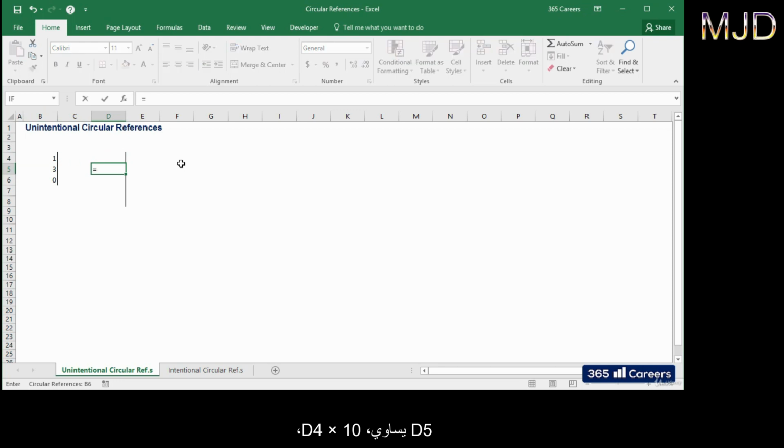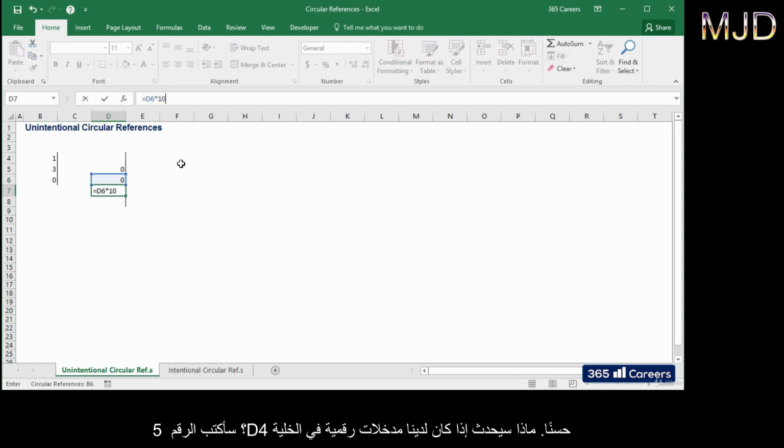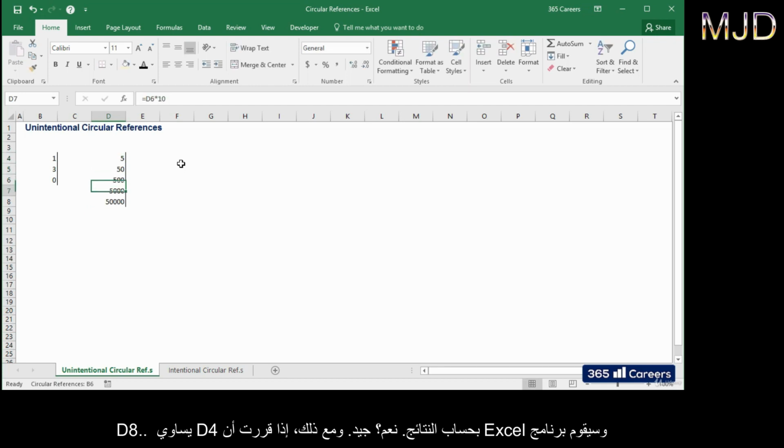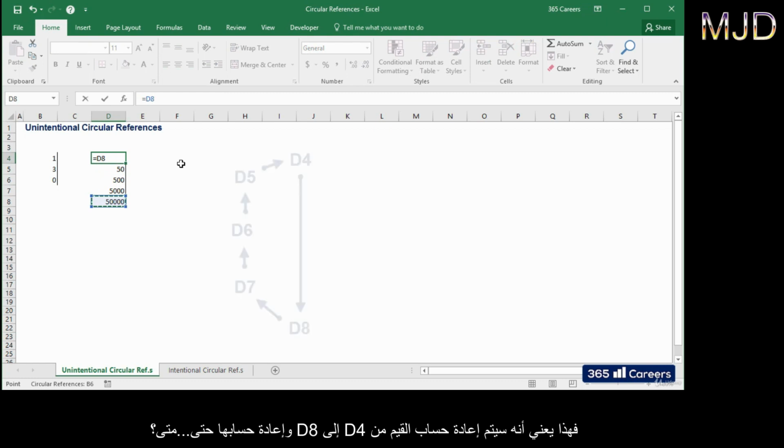D5 equals D4 times 10. D6 equals D5 times 10, and so on. Okay, what will happen if we have a numerical input in cell D4? I will type the number 5, and Excel will calculate the result. Okay? Good. However, if I decide that D4 is equal to D8, it means that the values from D4 to